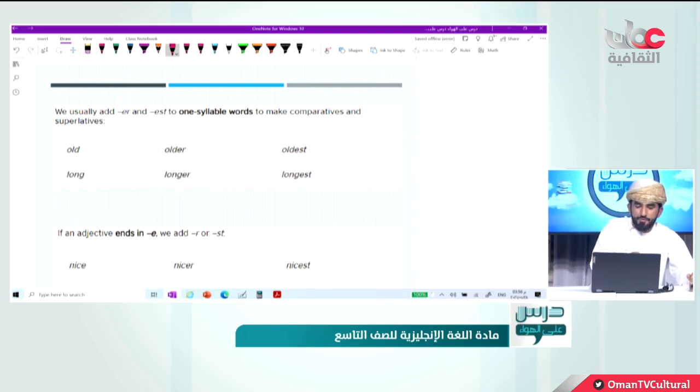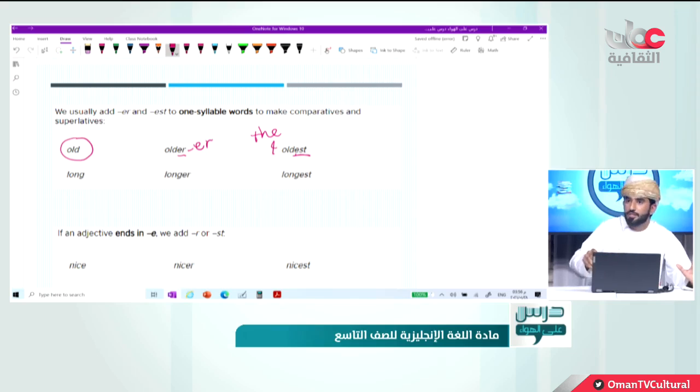Right, now let's move very quick into these things. Okay, so have a look. Now this old, for example, is an only one syllable adjective. One syllable, old. What should we do in order to make it comparative? We have to add ER. How to make it superlative? EST. Oldest. If we just write it like it is in a sentence, is it correct? We should add what before it? The. Exactly. The oldest.